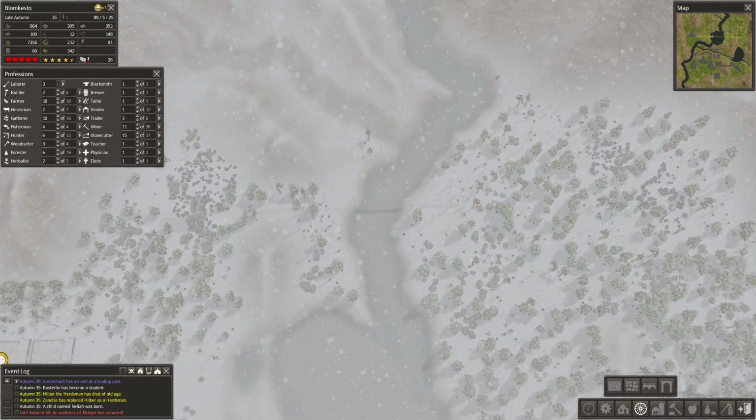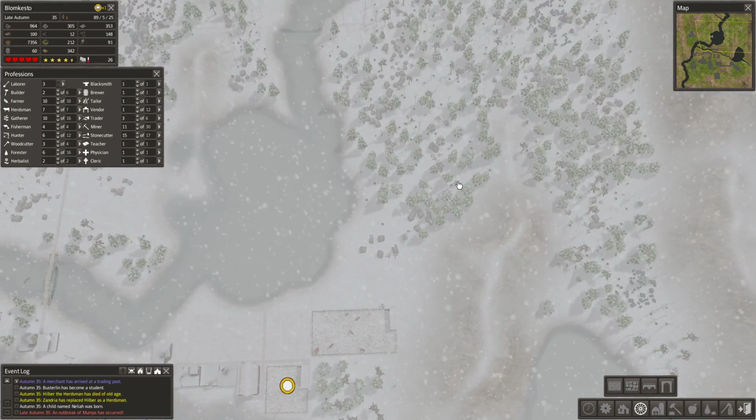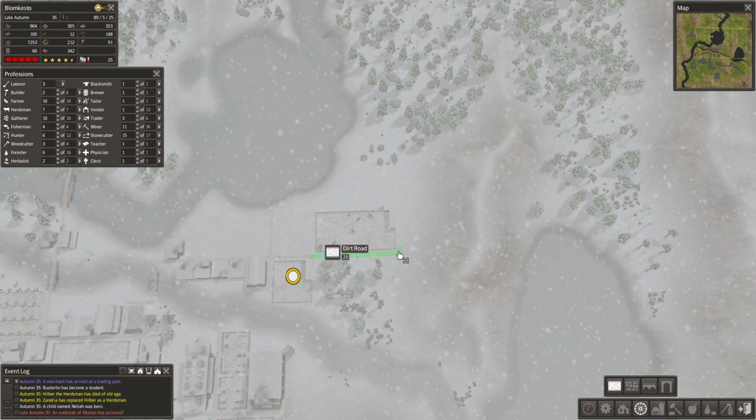Brilliant. That is the way the expansion looks. And actually, if we go down here, we could expand up from here. Not quite sure how yet, but let's just extend this road a bit anyway. So we'll go up